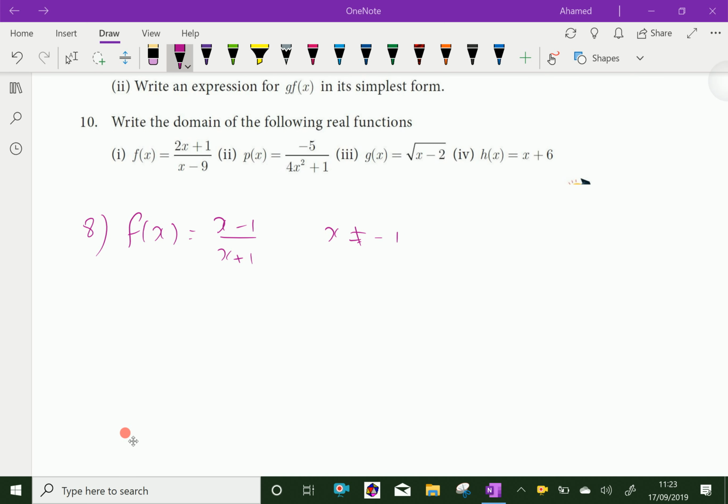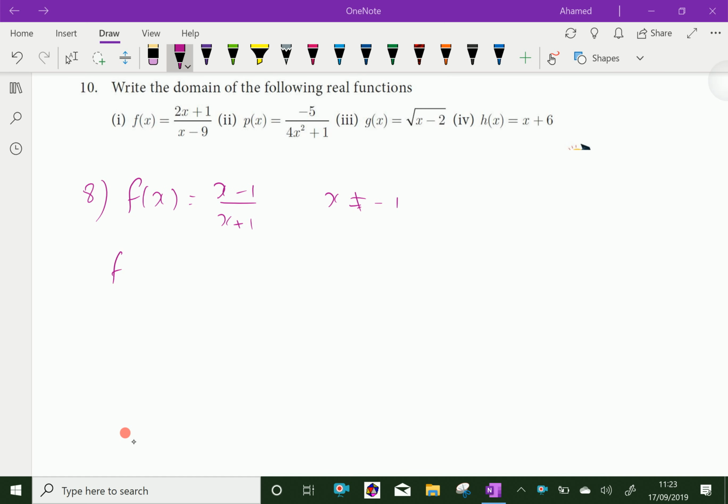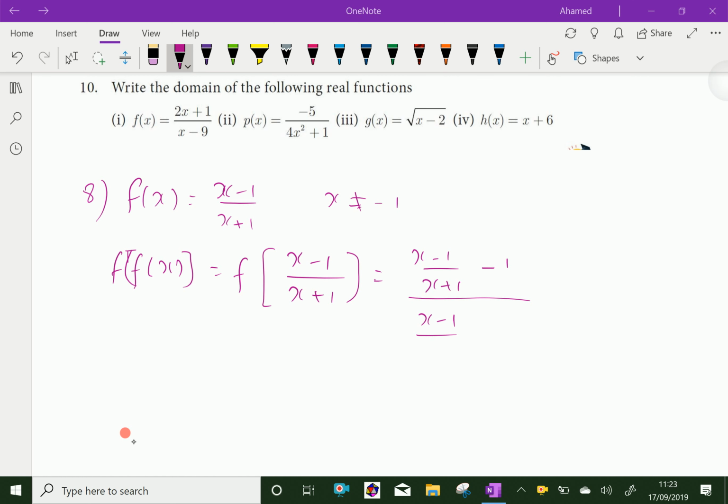Now we will find f of f of x. That is, write f first. F of x is x minus 1 over x plus 1. Now we will apply f one more time. F of x minus 1 over x plus 1. Instead of x, we have to write x minus 1 over x plus 1. That is, x minus 1 over x plus 1, minus 1, over x minus 1 over x plus 1, plus 1,